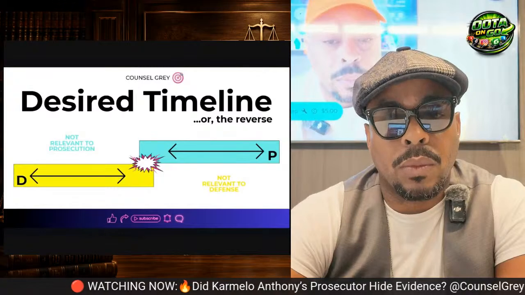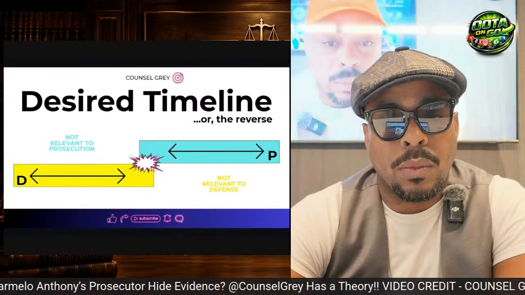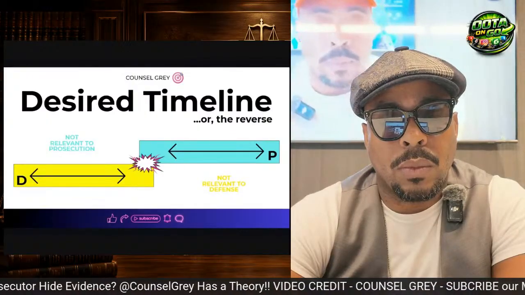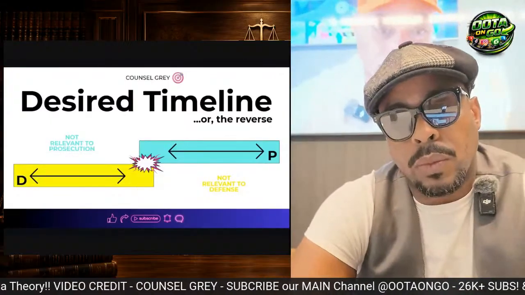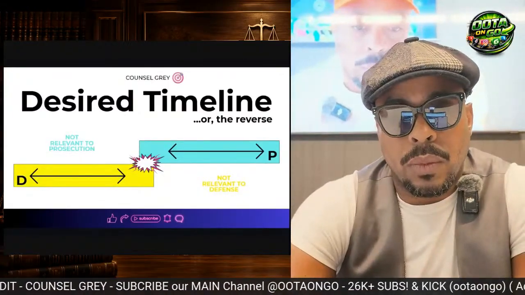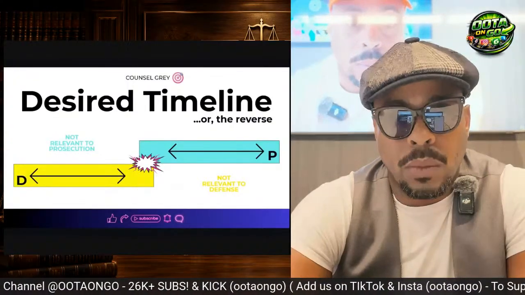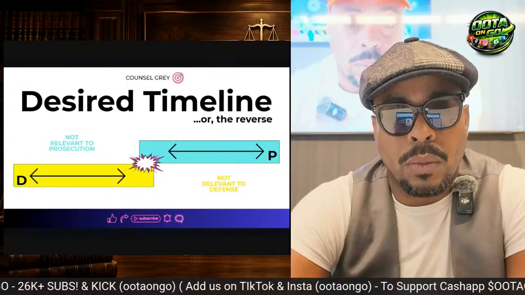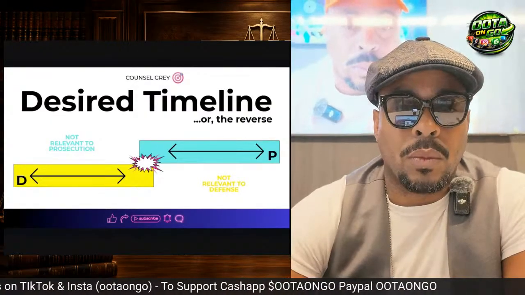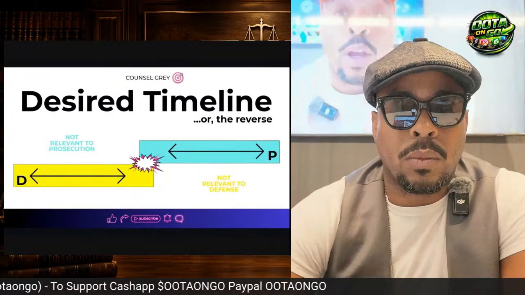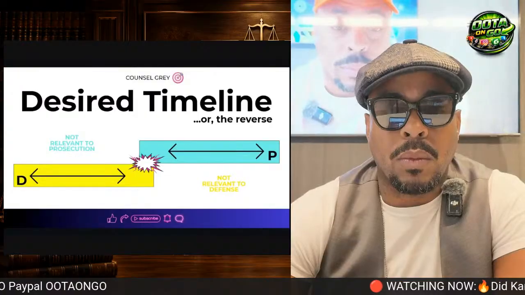So the prosecutor wants you to focus on everything that happened after that moment, and to limit your focus on what led up to it. Instead of looking at what happened under the tent, how they got to the tent, the weeks and days before, what their reputations were and what their school habits were, the prosecution, that top blue line, says none of that matters. What matters is the moment that Karmelo decided to do what he did, and after. So when they show him running, they spent more time showing him running away from the incident than they did in the incident.